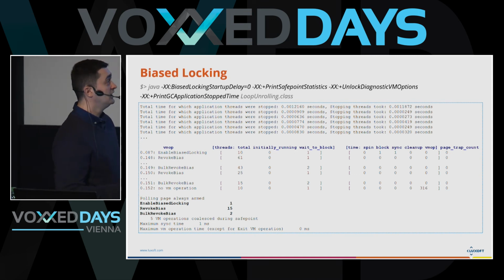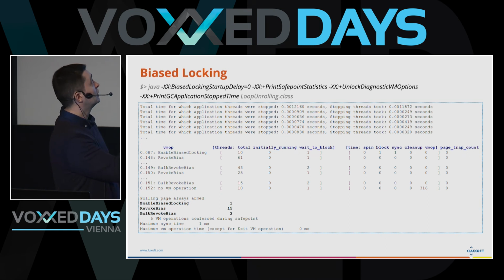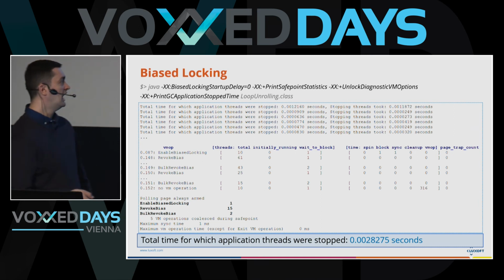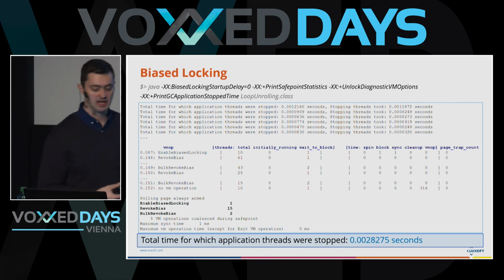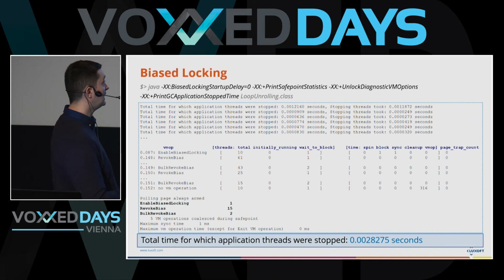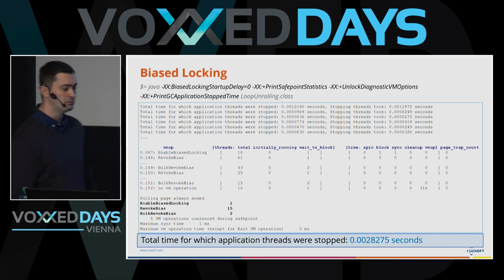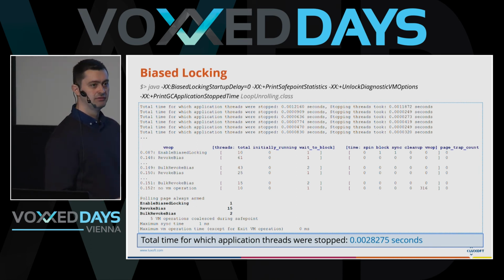And as we can see, the GC output is a bit verbose. It contains a lot of "total time for which application threads were stopped" entries, so a lot of them. I did a sum, and in my case it's around 1 millisecond, which means this millisecond was mainly spent in operations like revoke bias and enable biased locking. So we pay a lot during the runtime, 1 millisecond, mainly for this